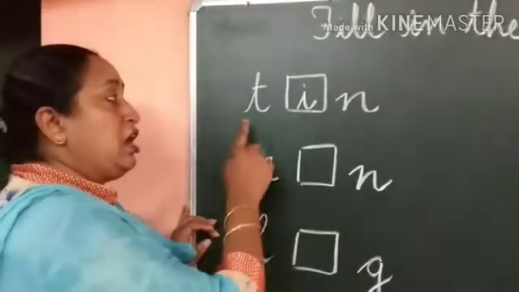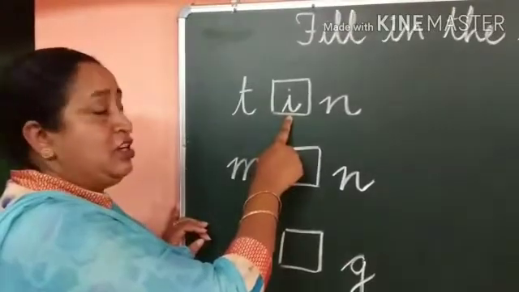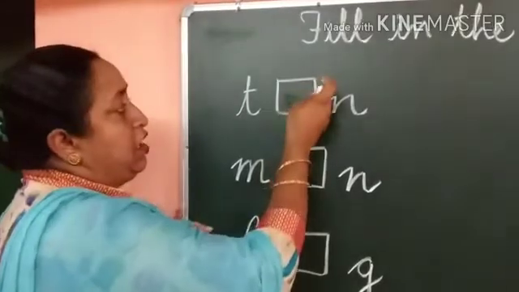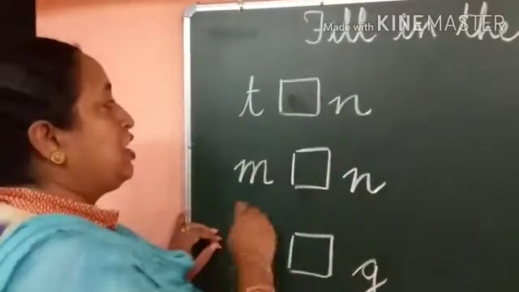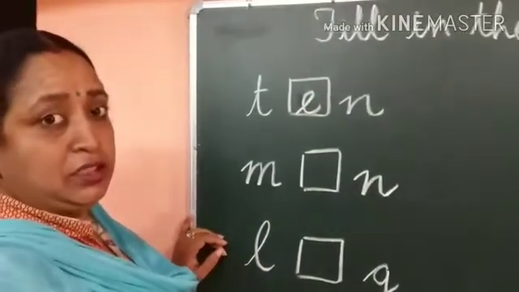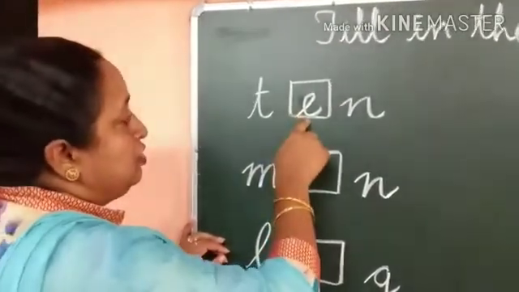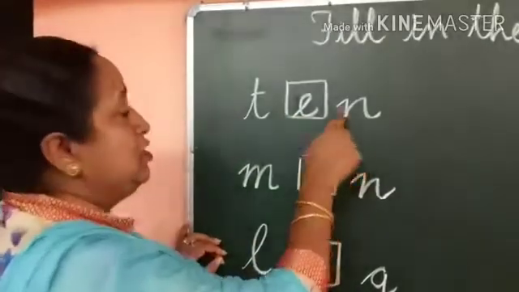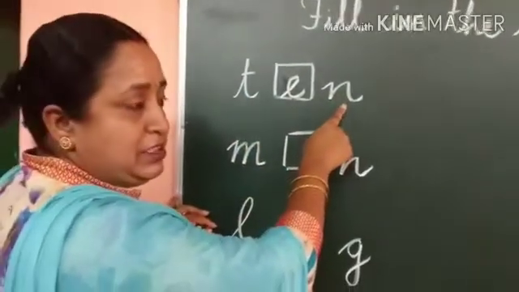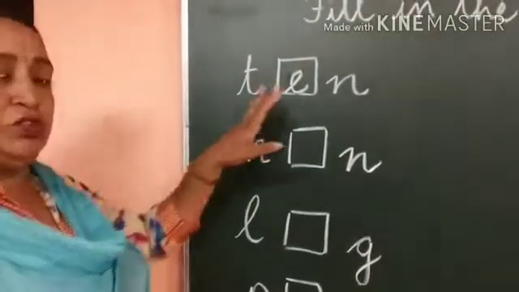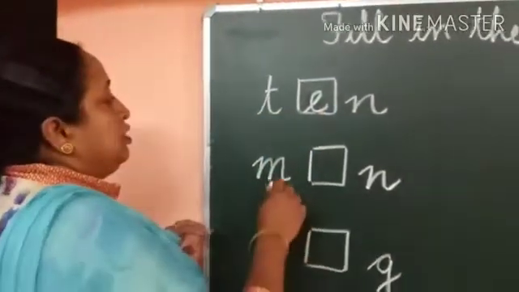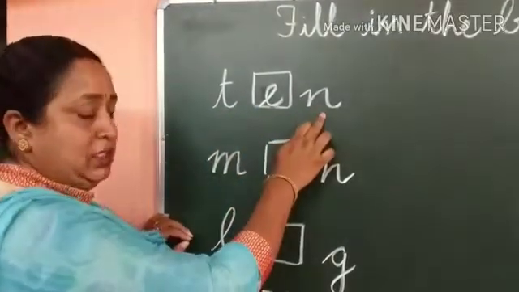Here you can fill in E. If I write E, suppose I rub this out, and one of you will tell me, Miss, no, write E. If I write E, this is also correct. But this has to make sense. So here if I put an E, this becomes T-E-N, 10. So I hope you've understood this. You need to put one letter to make or form a word. I keep it to T-E-N, 10.